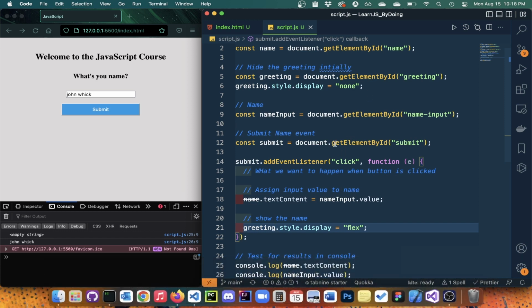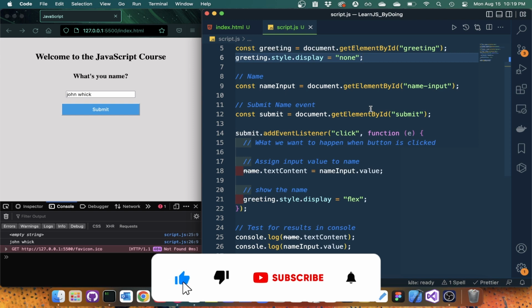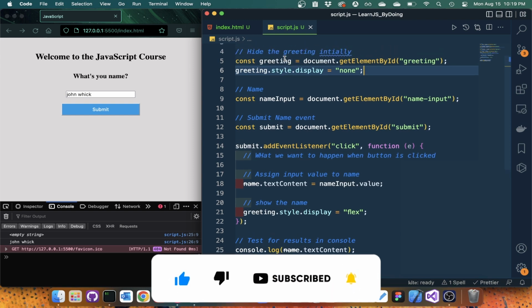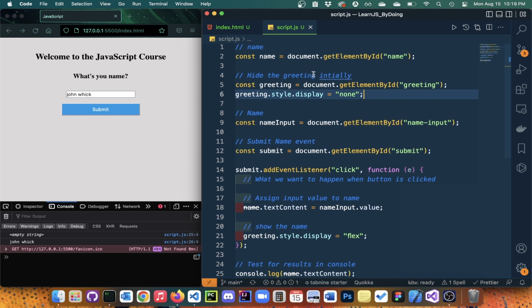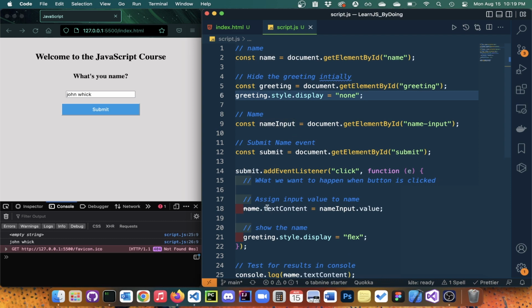So now we've hidden the greeting message, and then we're gonna get into the function in our event listener, and then change that style to flex. That way, when the user presses the submit button, that's when the message should display. And in future, we're gonna also update the form as well to switch to display none as soon as the user presses the submit button, because at that point we don't need the